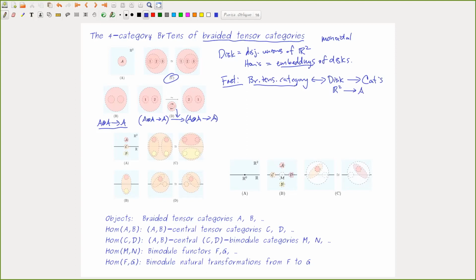Okay, so all of that structure is what goes into the objects of this category. They're braided tensor categories. The reason that I wanted to present it that way, instead of a more usual recollection of what a braided tensor category is, is to motivate the higher morphisms in this category. The higher morphisms in this category involve stratified disks. In order to say what the one morphisms are,